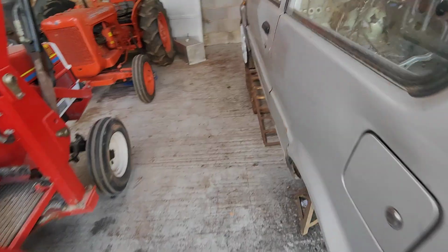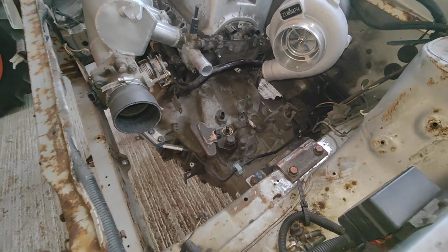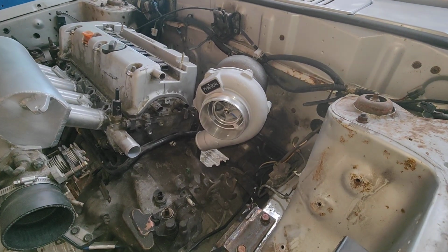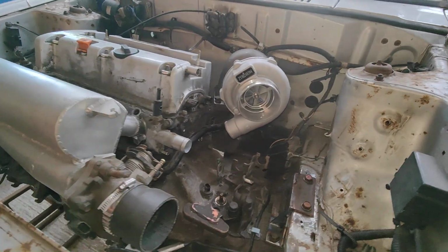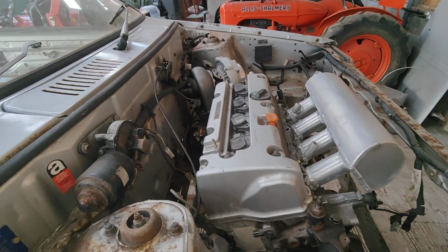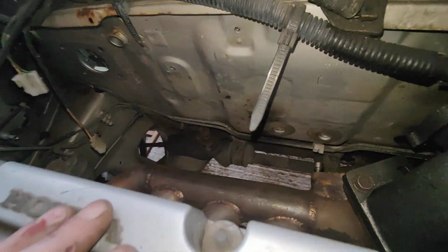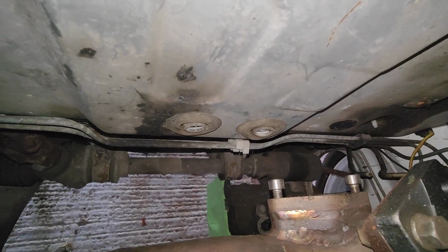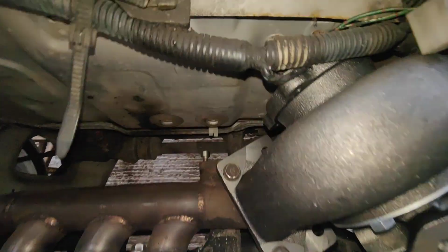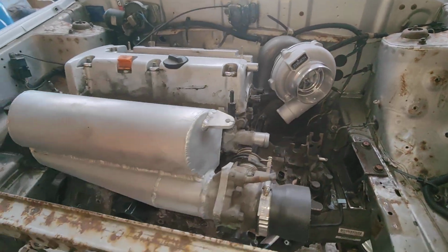So yeah, K20 box has got a Quaife diff in it already. It's a 3076, I think, on there. Fine, I don't know where the box is. The box isn't up here, I don't think. Anyway, 3076. I'm going to modify the manifold a bit to move the turbo, because I want to get a downpipe down through there and a wastegate on there without having to modify the bulkhead. So yeah, we'll just have to see how we go there. Made a diffuser manifold,